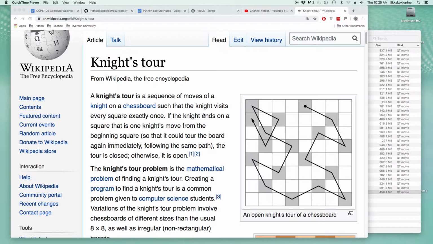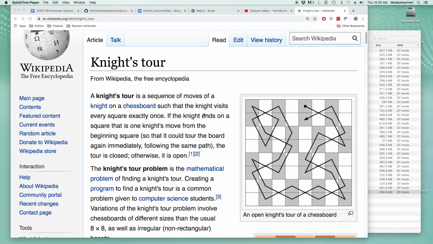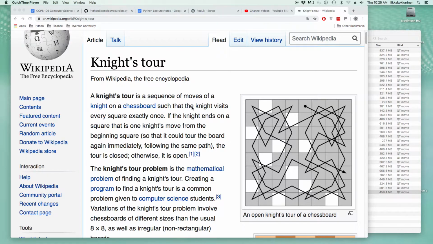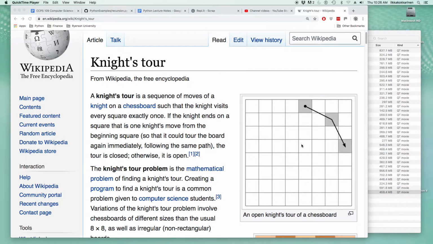Let's finish up the recursion with another one with a lot more branching than we have seen before. Here is an interesting problem of a chessboard knight's tour. So starting from any given square, the task is to use a chess knight and the jumping L moves as demonstrated in the animation to find a path that visits every square exactly once. Okay, this one didn't create a cyclic tour, but this way we have to generate this kind of a sequence